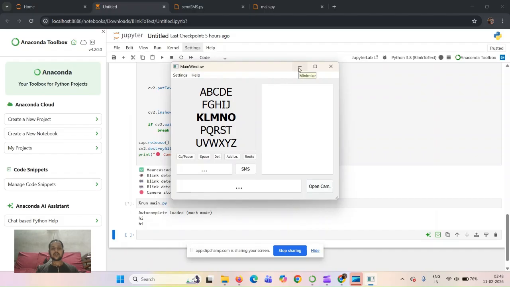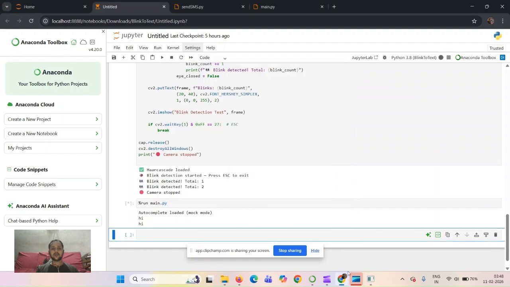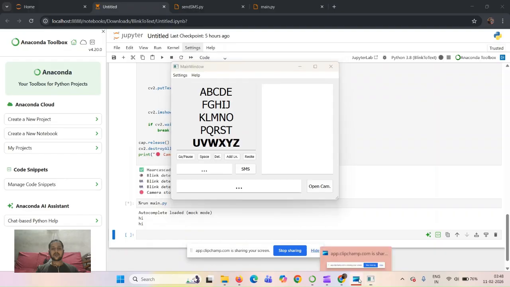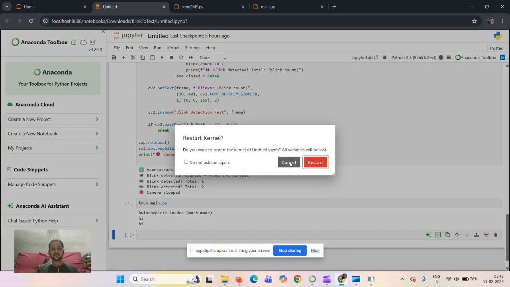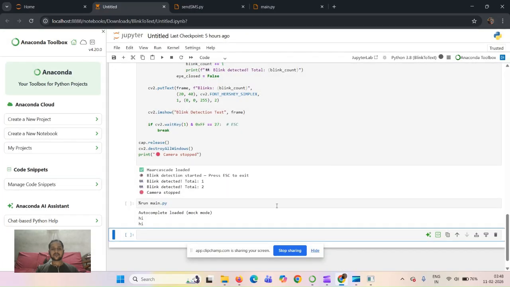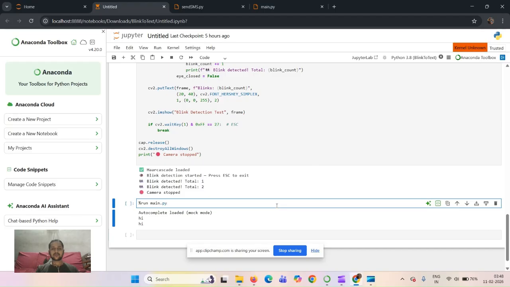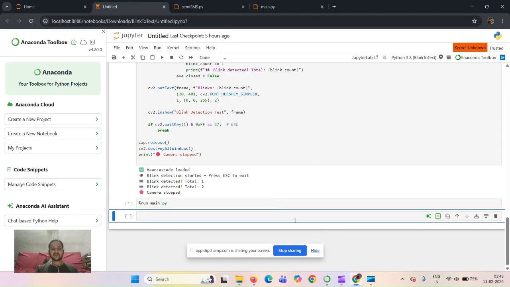I think something has happened. So the camera is already using the